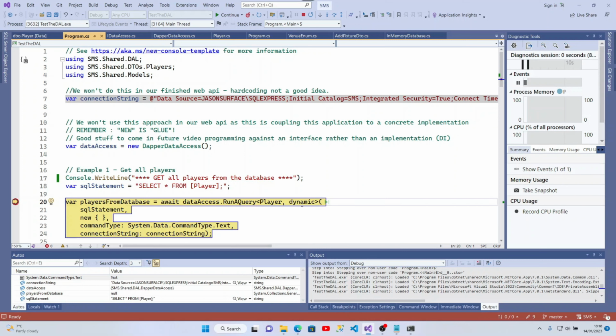So based on that, the arguments coming in will be the SQL statement, and the SQL statement is select star from player. Then any parameters, well, there are no parameters, so we just pass in an empty object, new curly bracket, curly bracket. We just specify what type of query we're passing. We're passing a SQL line of text, and we also pass in the connection string, which will tell the data access layer how it creates a connection to the underlying database. So if we press this one,